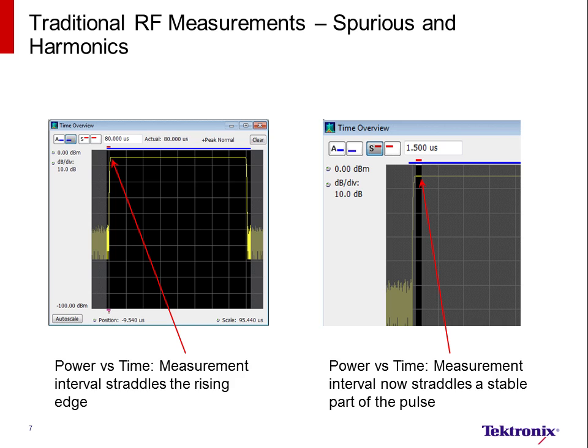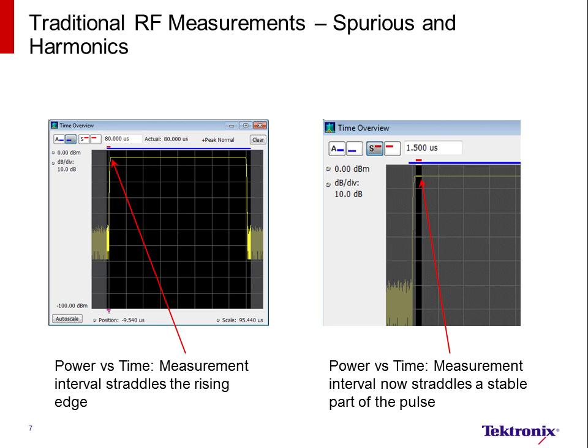What you can see here is a traditional way of making RF measurements. We're going to make spurious and harmonic measurements on this pulse, but only during the duration of the pulse. On the left side, you can see that the power versus time measurement straddles the rising edge. That would cause the measurement to splatter in the frequency domain, not giving you a very good dynamic range for the measurement. Instead of that, we offset that power versus time marker so that it now straddles the first stable